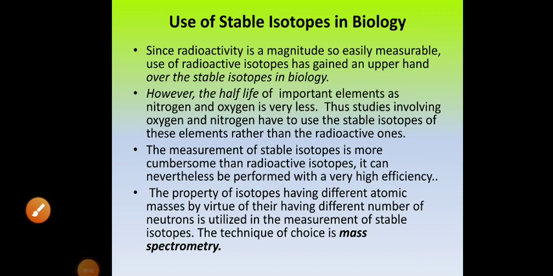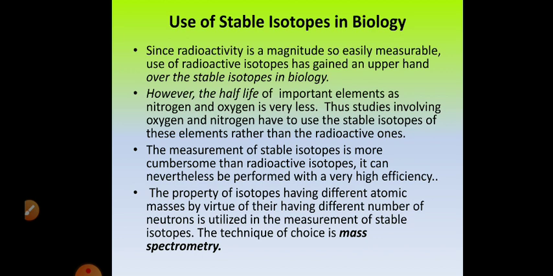Good afternoon, dear students. In the last presentations about isotope tracer technique, we discussed what radioactivity is, what the units of radioactivity are, and how radioisotopes are measured by using a Geiger-Müller counter and scintillation counters, like the solid scintillation counter and the liquid scintillation counter. We also discussed the advantages and disadvantages of the Geiger-Müller counter and the scintillation counter. Now let us today discuss the measurement of stable isotopes.